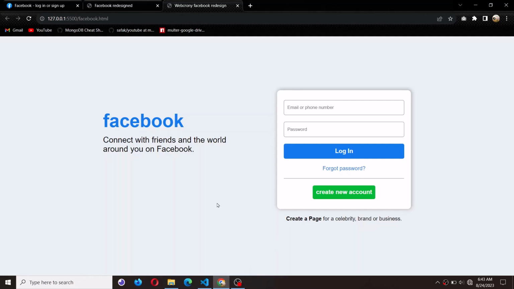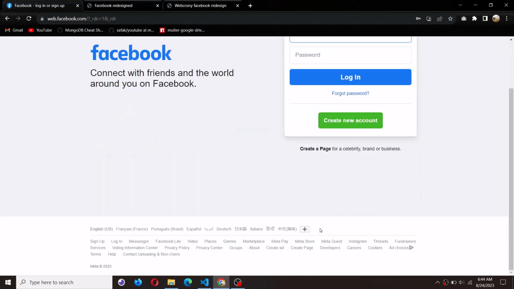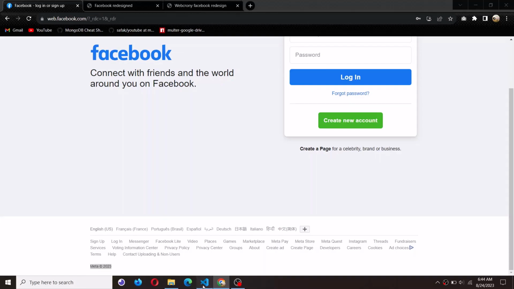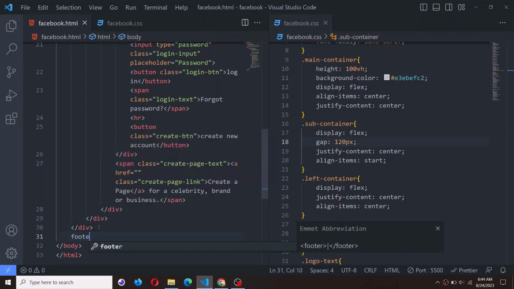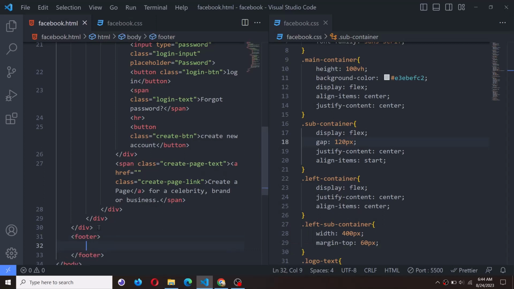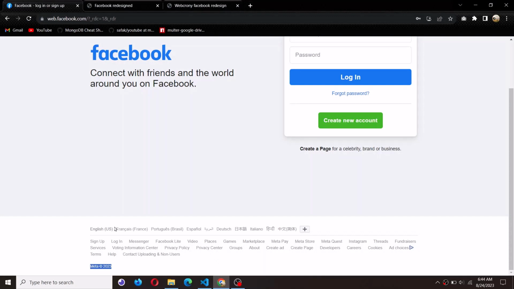Okay guys, so before we move on to the footer, let's take a look at something here. Inside the footer, we have the top one, we have the middle one, and then the copyright. That is what we are going to do now. So inside the HTML, after everything right here, I'll create my footer like this. Inside the footer, I'll create a div called footer top. And inside the footer top, in fact, there are so many things. I don't think I want to waste your time, so I'll just copy what I already did and paste it